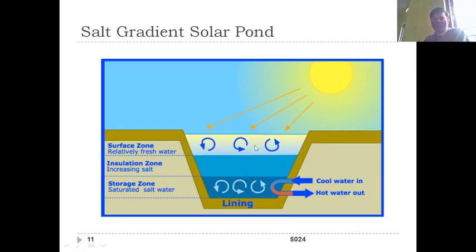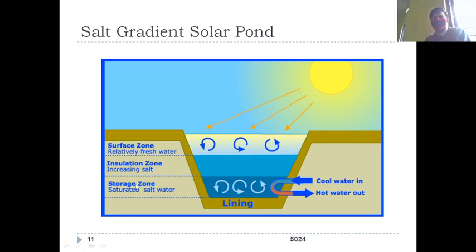The clockwise and anti-clockwise arrows represent the convection currents. The convection currents will stay in that layer alone. They will not transmit from the bottom layer to the top layer through this salinity gradient. That is not possible because of the salinity gradient. The hot water cannot escape from the bottom layer to the top layer.